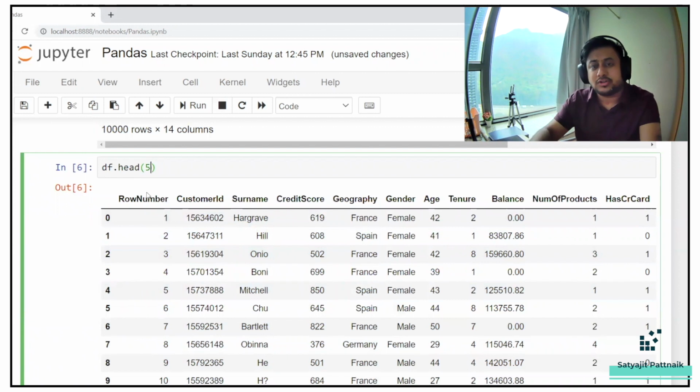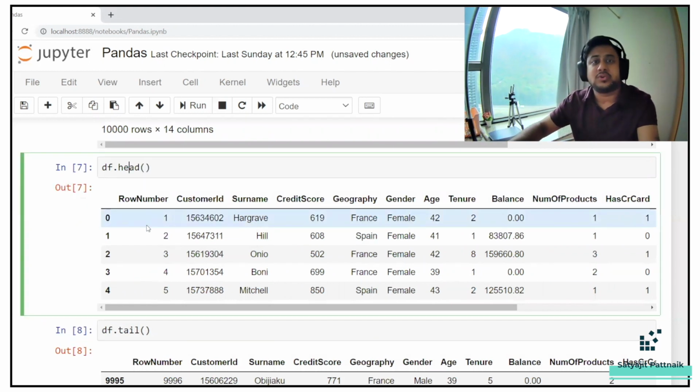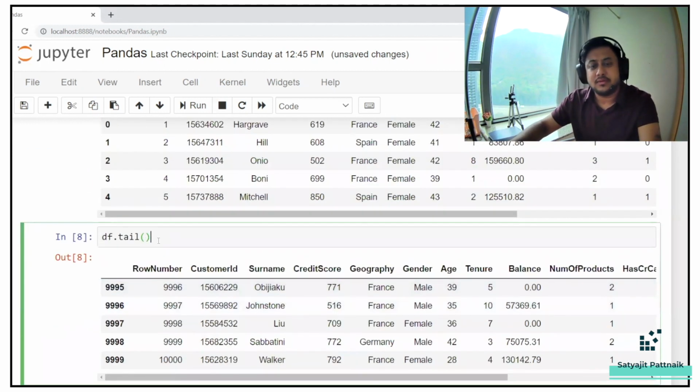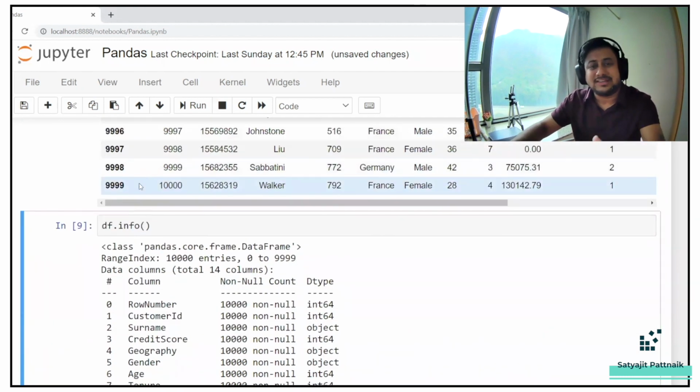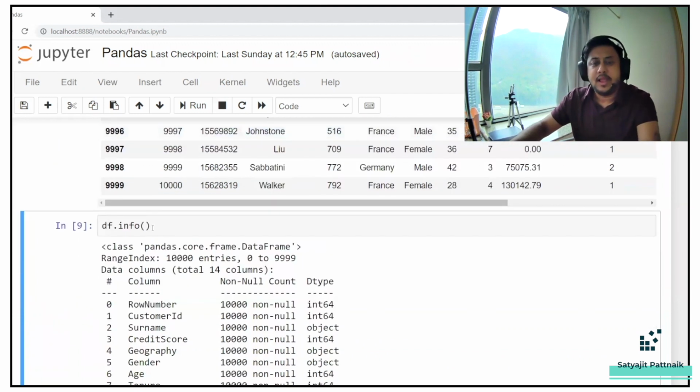If you want 5 records, you can pass 5. Or else, if you don't pass anything, then 5 is the default value. Similarly, we also have tail for the last few records. df.tail is basically giving me the tail records, the last 5 records of the data frame. Now,